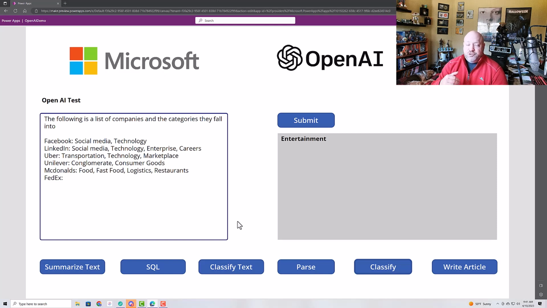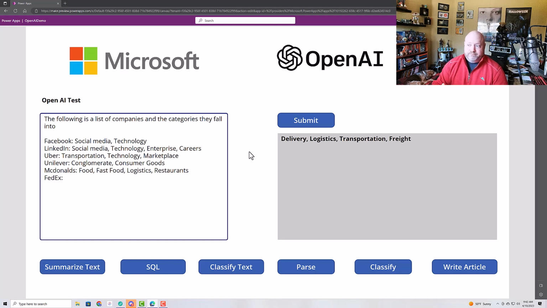And then it asks to provide a list of categories for FedEx, which is why there's open text next to the colon. So we want to get the response back that would put that text next to the colon. Delivery, logistics, transportation, and freight. Now, of those 4, logistics did show up in the original trained list, but the other 3 definitely are not there. So it gives you an idea of how to perform additional types of classification, but now using examples to help train the model, so that you can get a better